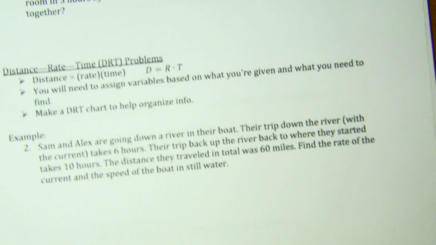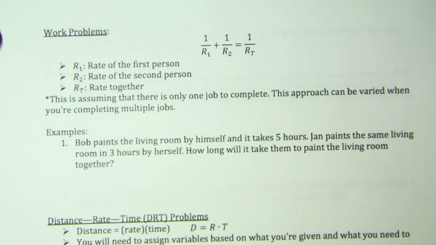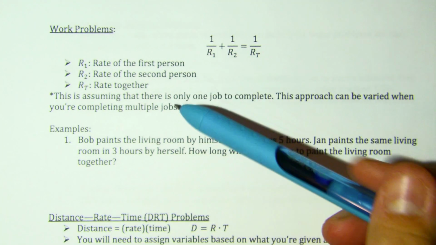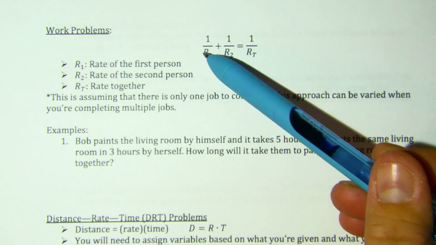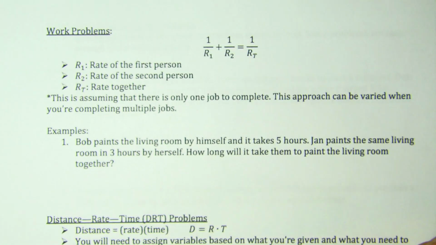The next type of problem we're going to be looking at is called a work problem. And work problems are pretty standard in how they are going to give them to you. There's not a lot of variation. So typically we're looking at a scenario where we have the rate of one person plus the rate of a second person, and then talking about the rate together that they're